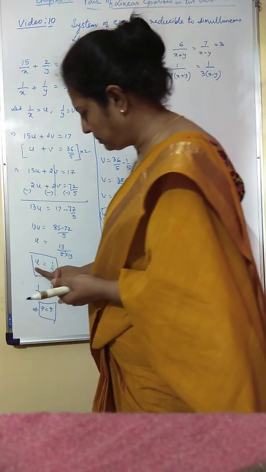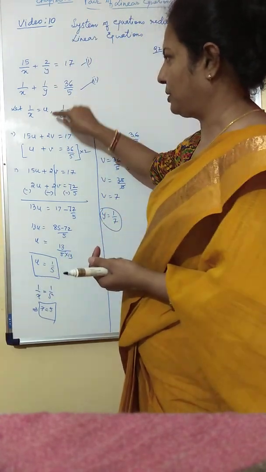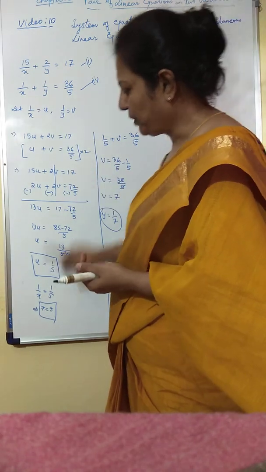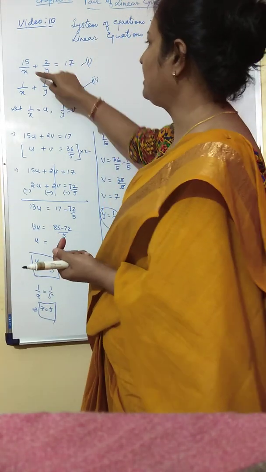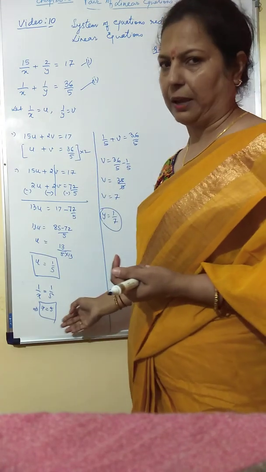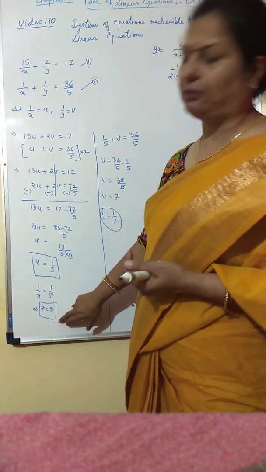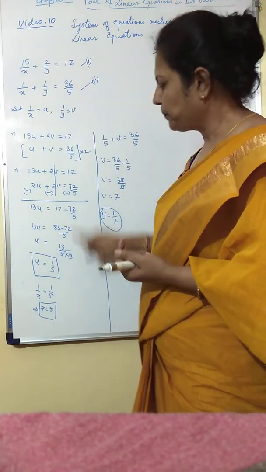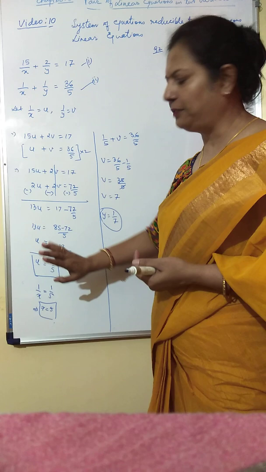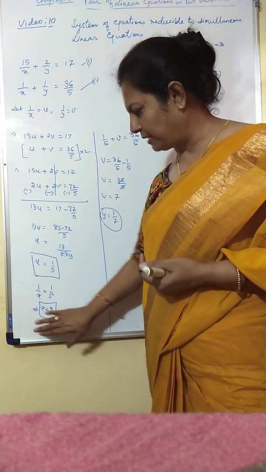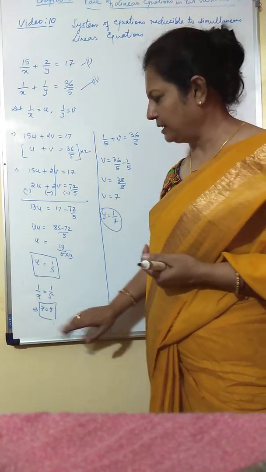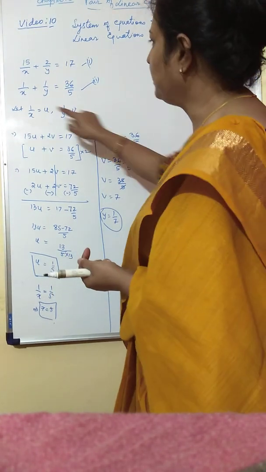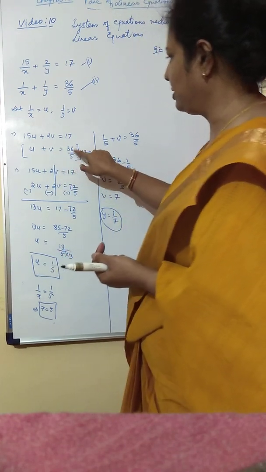Now either you can substitute the value of u in this equation here, because this is simpler, and get the value of v, or you can substitute the value of x in any one of the equations and get the value of y. But traditionally we do not substitute the value of x, rather we derive the value of y by finding u and v. So here I got u is equal to 1 by 5, I keep it as it is. I have calculated the value of x, but I am not using it. I will use the value of u is equal to 1 by 5. Now I will substitute it in this equation, u plus v equal to 36 by 5.